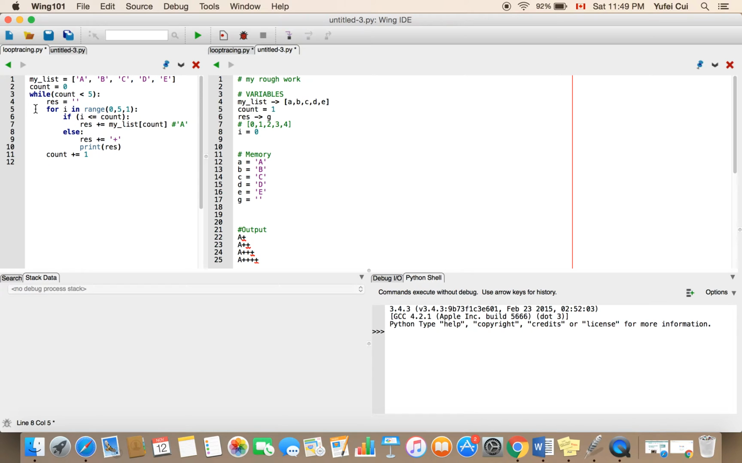And I only need to check the cases when i is less than or equal to count. When i is 0, it is less than or equal to 1; when i is 1, this is also true. But once i is equal to 2, this will not be true anymore. So let's see what it does, right? This can change here. If i is less than count, so when I'm at 0 or 1, this statement will